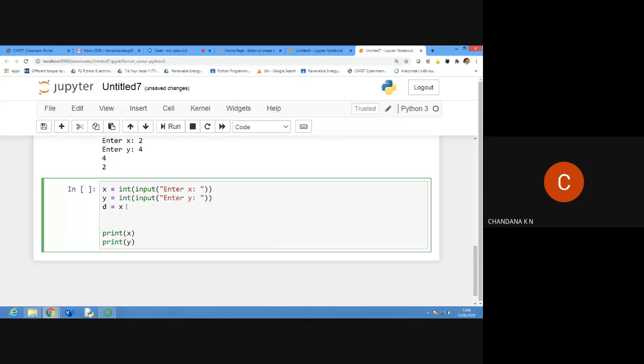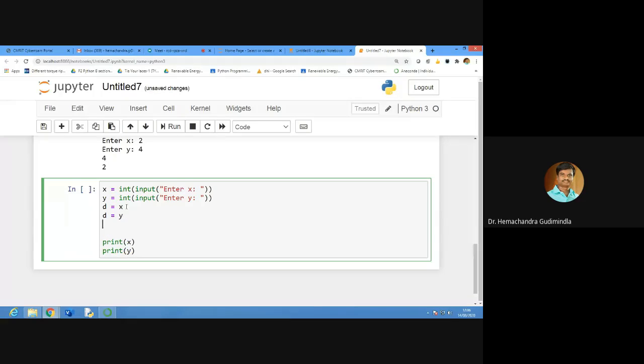Already D equal to X is given, then X is equal to Y. Whatever commands you tell, I will give. No issue with that. X equal to Y. Only this much.